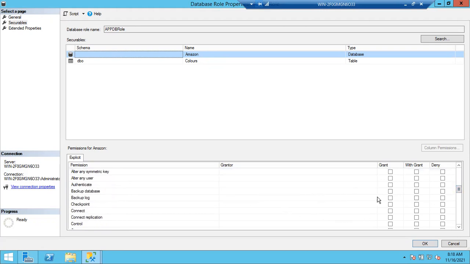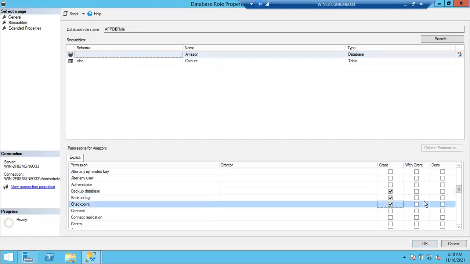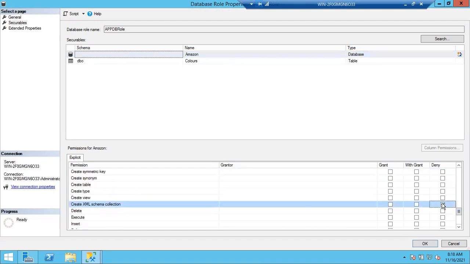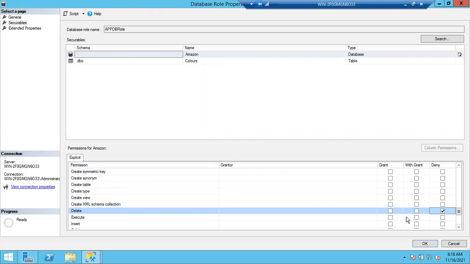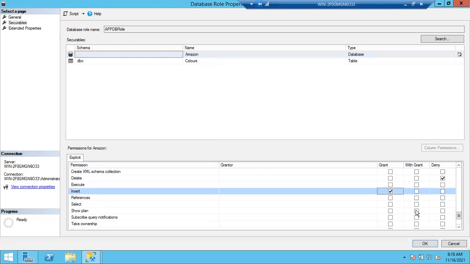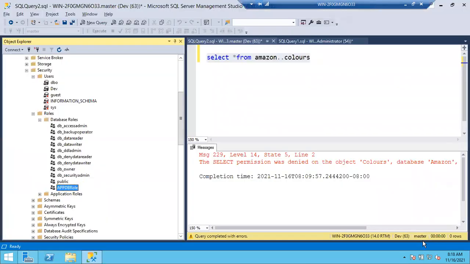We just selected backup database, backup log file, checkpoint. Delete we selected as deny. Insert, select, okay, done. Let me click OK. So these are the permissions for this role.